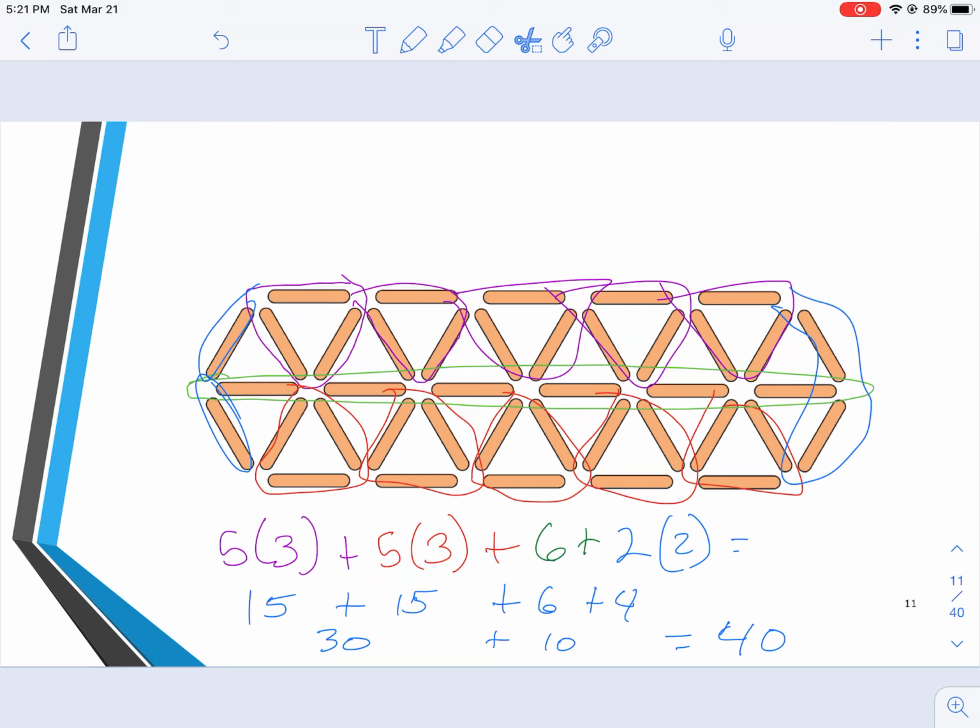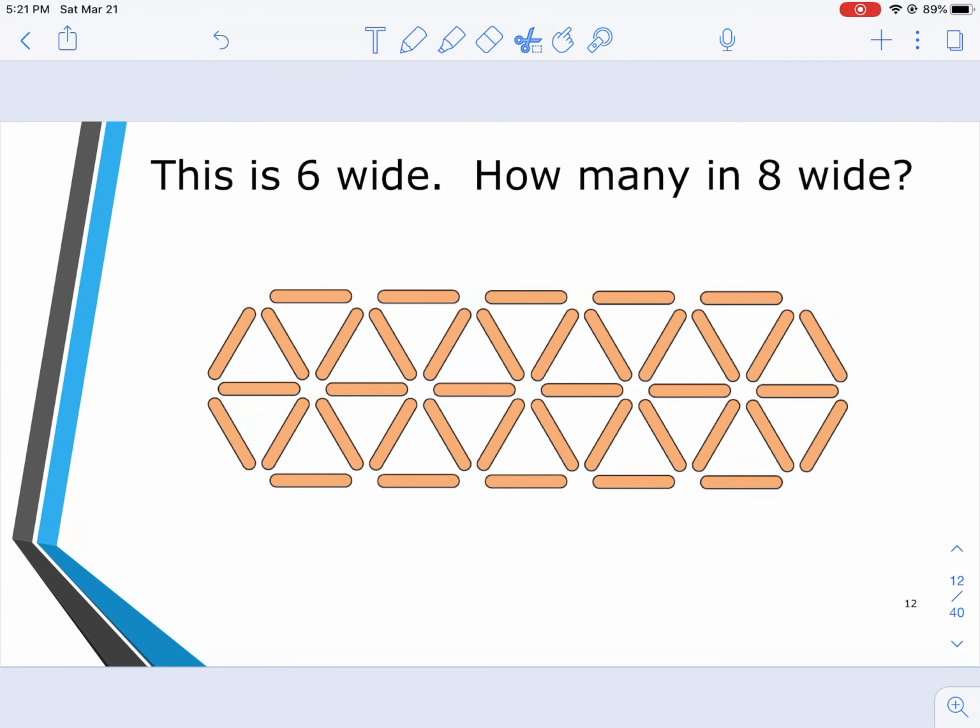Now the next question says that this expression was 6 wide. How many would there be if it was 8 wide? In other words, what if instead of 6 down the middle, there were 8 down the middle? And it might depend. You might see it differently. I kind of picture adding these triangles on the ends, so there'd be 2 more sets of triangles here. But depending on how you designed it or drew it,